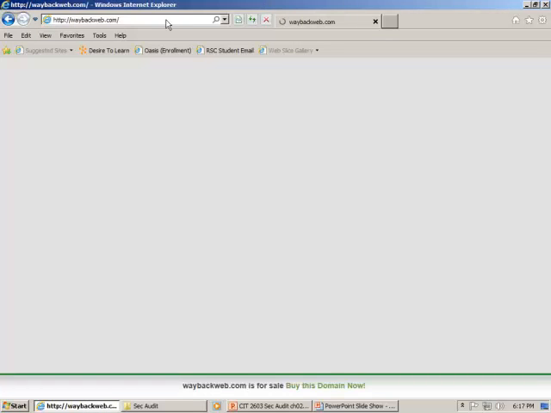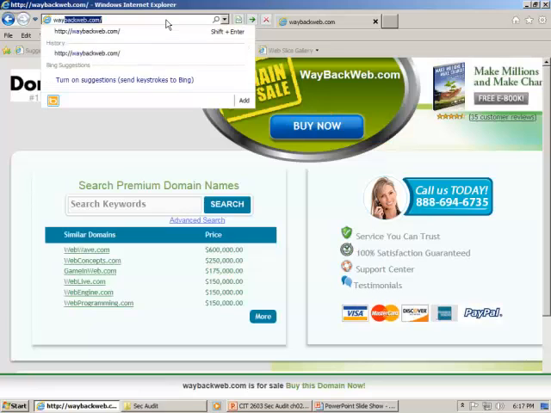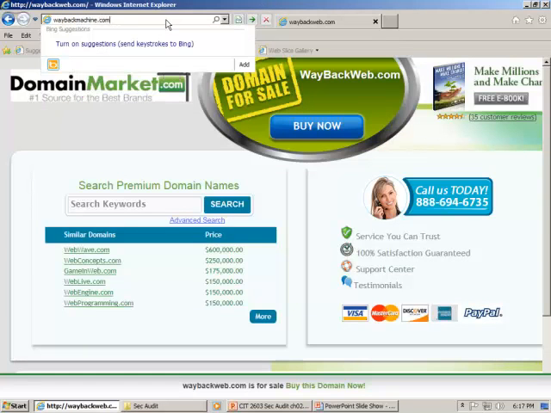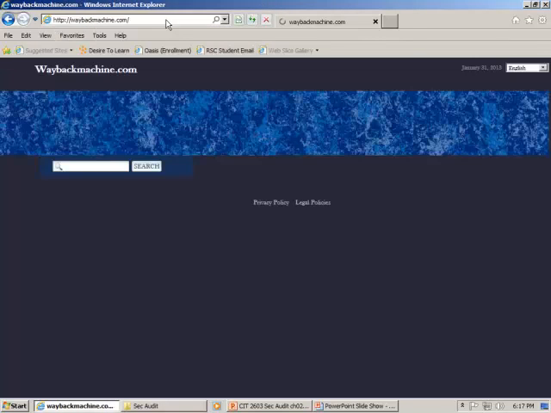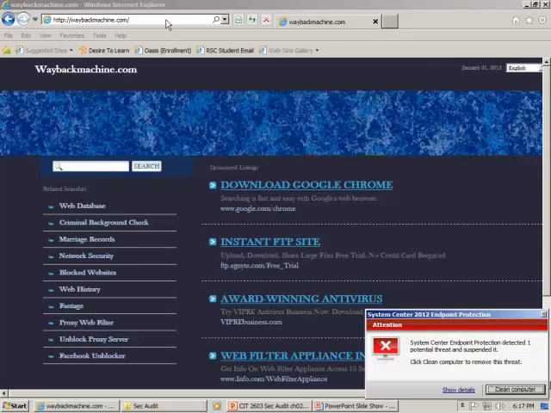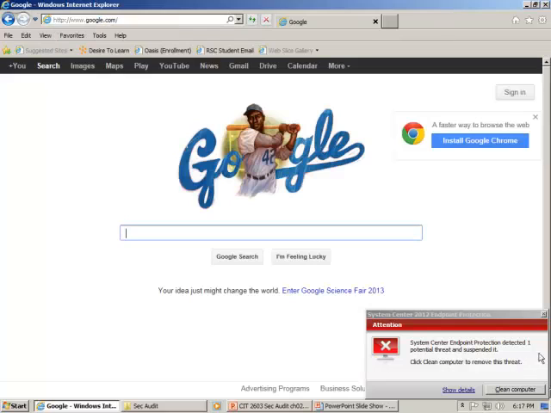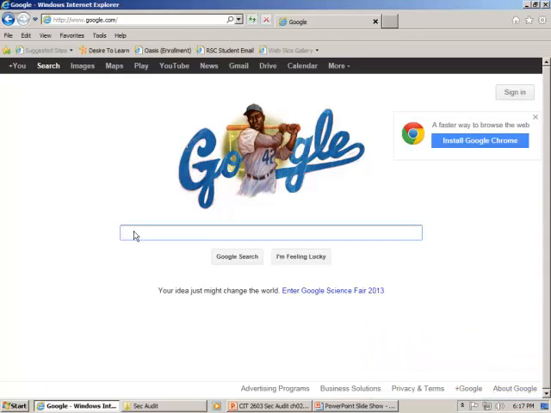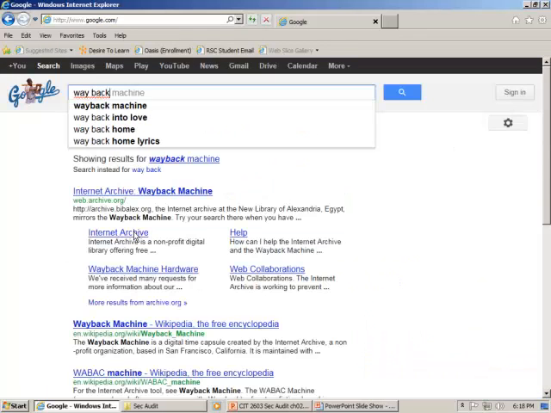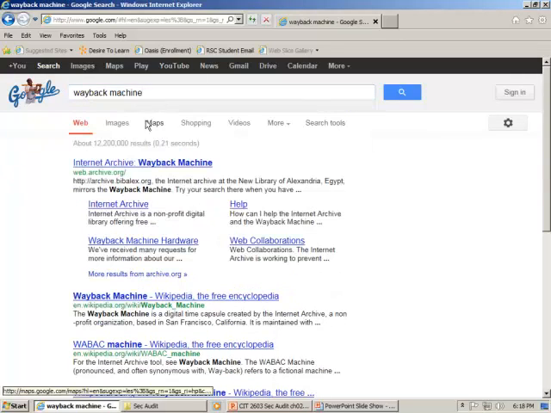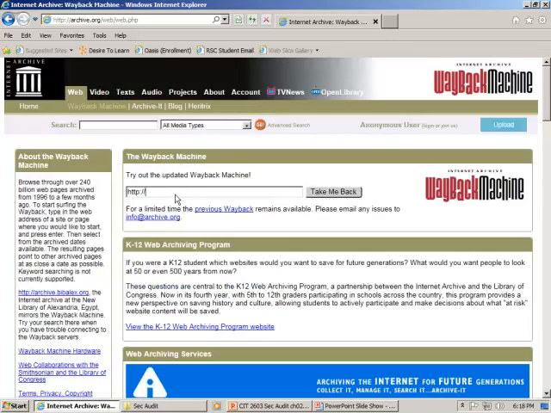Way back. This is just Wayback? Wayback Machine or something like that. Let's see. We'll find it. Is this it? No. No, hold on. There was a security exception that popped up. Didn't like that one. Way Back Into Love. Okay, I guess that's a song. Oh, web.archive.org. Great. Okay, let's go to